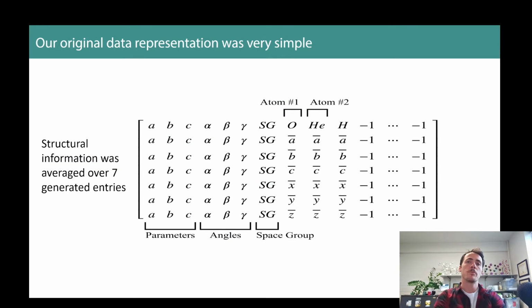So now comes our representation. And in the very early days, like way back during COVID, we came up with this. It was really simple. And technically, this matrix, it could have been a single row. It could have been a vector, right? All you need is ABC, right, for the dimension of the unit cell, alpha, beta, gamma for their distortion, space group for all the symmetry, and then as many additional columns as you want to represent unique atoms in the